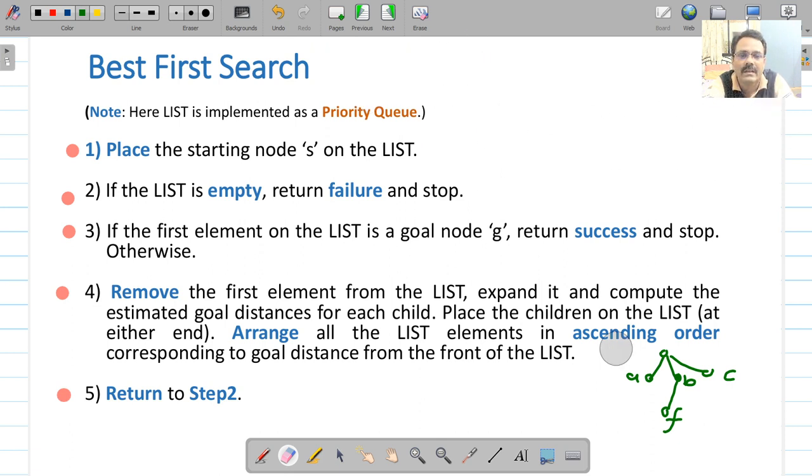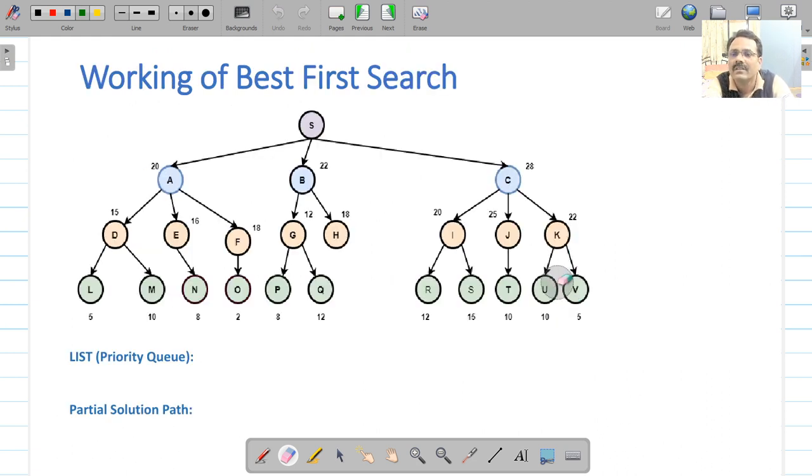And now we will see an example and we will trace the execution of this algorithm on this particular search space. So let us see. S is your starting node. A, B, C are children of this S. Costs are given along with all these nodes. So these are estimates. The meaning of this cost is that if you are at a particular node, for example node A, here 20 is written. That means the estimated effort required to reach the goal is 20.